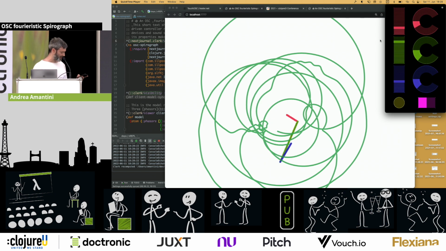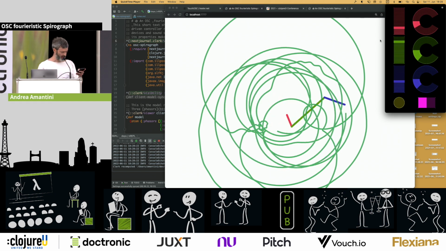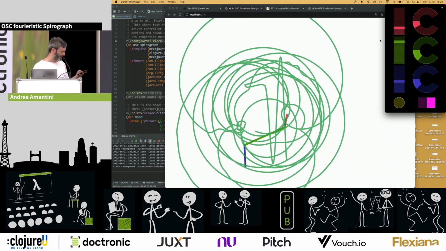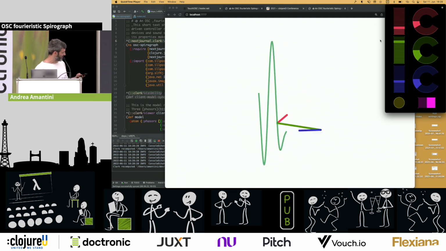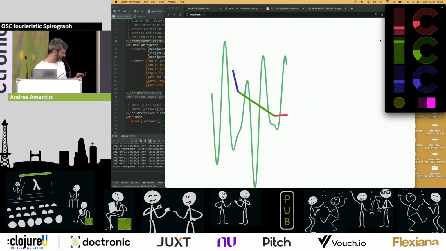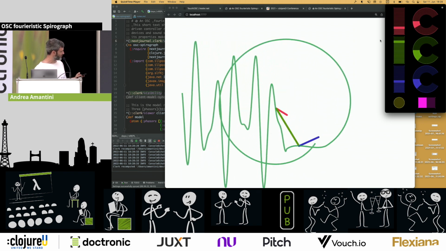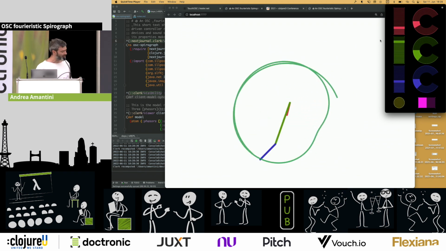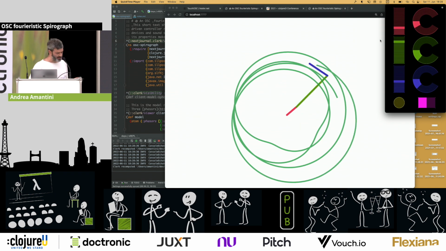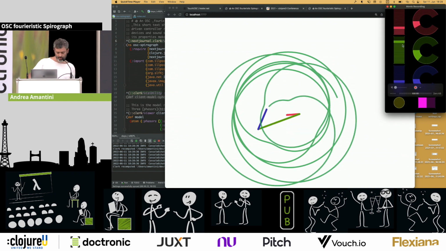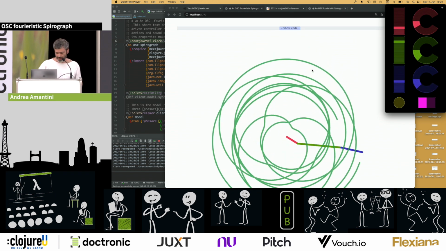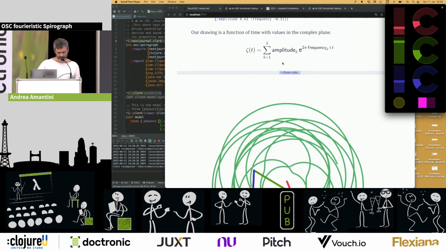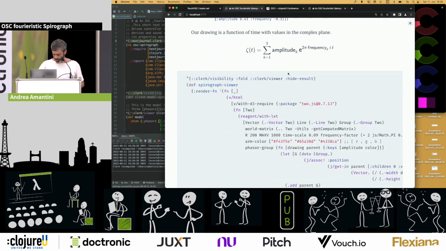And for the harmonic analysis freaks, you also have a wave mode that sounds like this. And then you can go back to your Spirograph stuff. So this is more or less it. The formula should be correct, and this is the